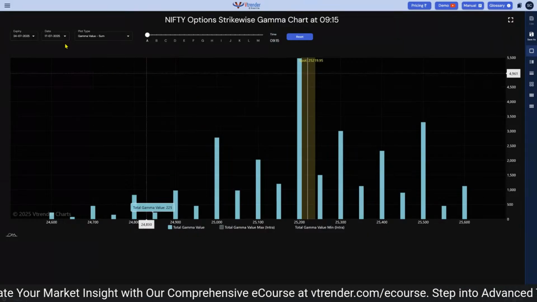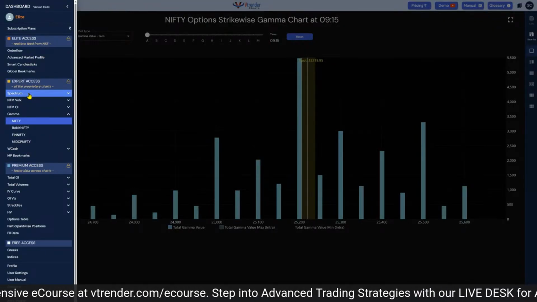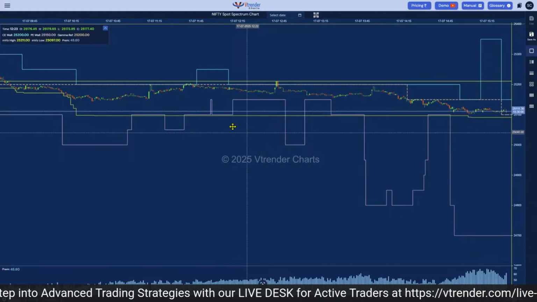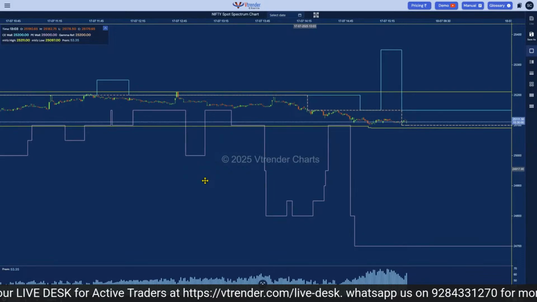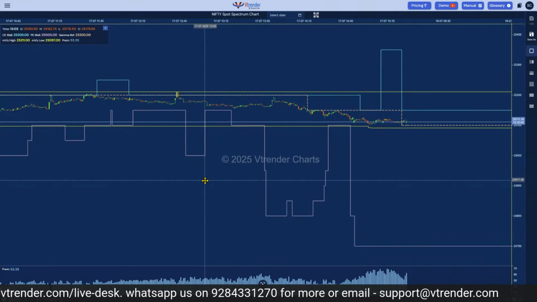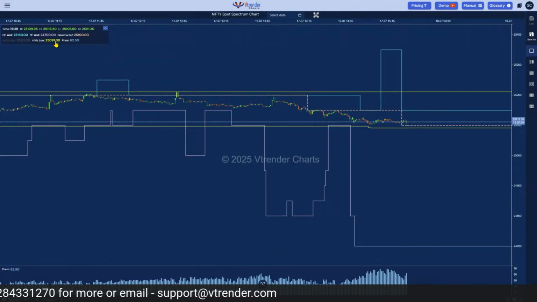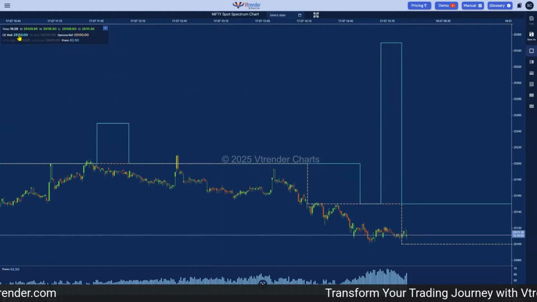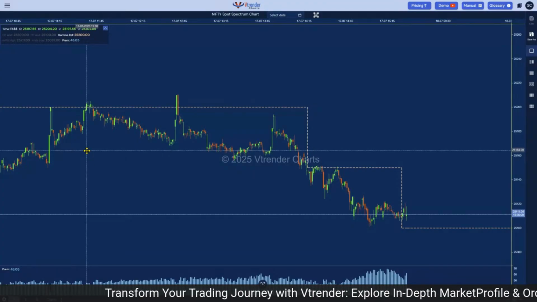Now along with this gamma, what we have basically done is we introduced something which we call the spectrum chart. Now the spectrum chart is nothing but your gamma chart, all that explanation I just did about that bar chart, with probabilities added, right? And let me just remove all the factors and show you what this chart is right now. So this is the gamma chart which you have been seeing all day in that other chart.